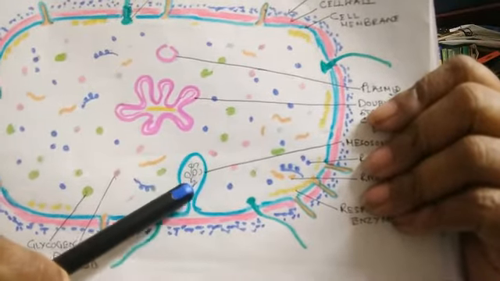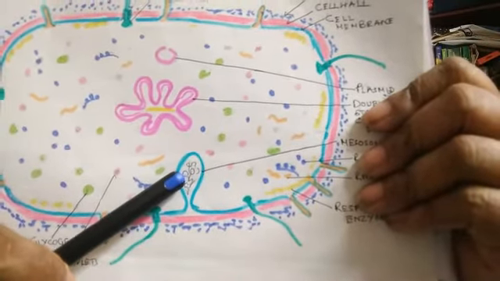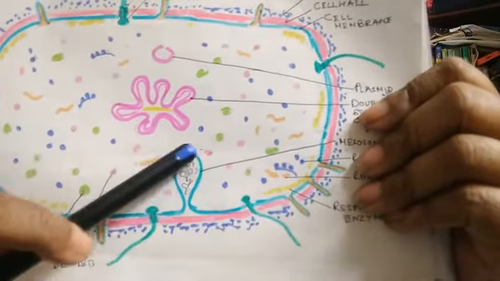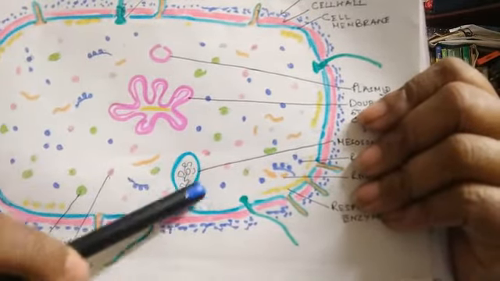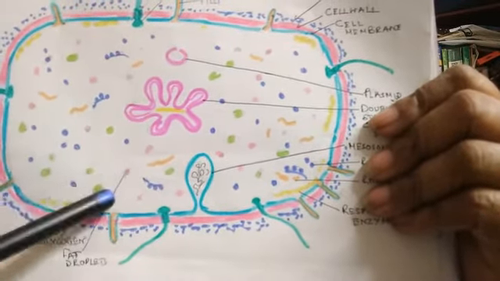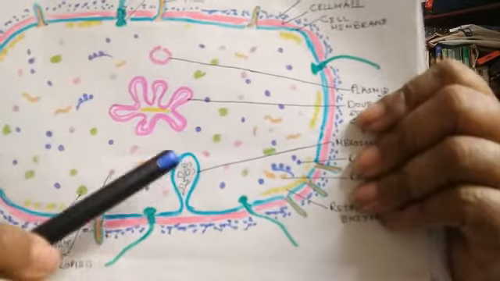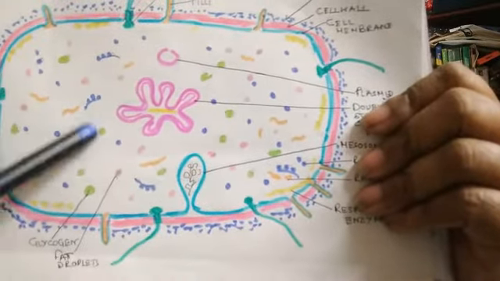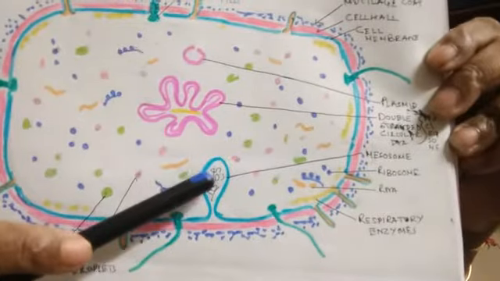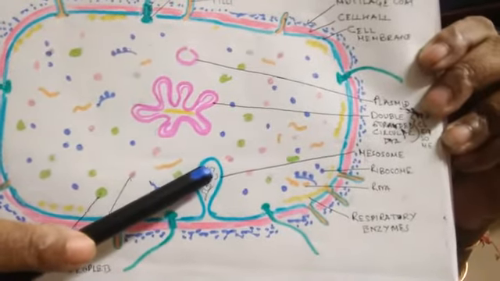Now mesosomes in bacteria, or in these prokaryotic cells, have immense importance. Why are these mesosomes formed? These mesosomes are formed to increase the surface of the cell membrane. The more we invaginate, the more the surface will increase. And you see that prokaryotes do not have any membrane-bound organelle. So some structures will be there where they may contain certain materials.